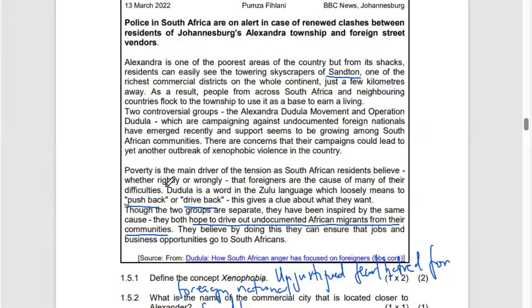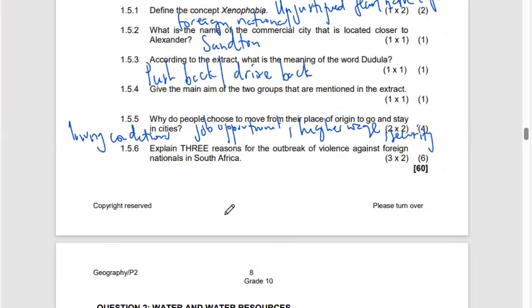South African residents believe, whether rightly or wrongly, that foreigners are the cause of many of their difficulties. This is one of the causes. They blame the foreigners as the cause of their difficulties. And if you also check, it's a blame game where people blame foreigners for their difficulties. And also you can look at people blaming foreigners for